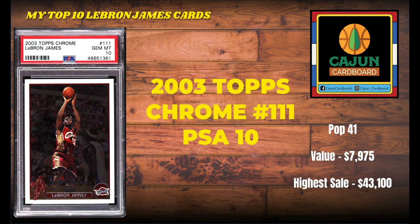Let me look that number up real quick. It is definitely not a pop 41. It is a pop 2,186, so my apologies, that is a mistake. Clearly, I don't want the entire hobby to go into a panic. It is